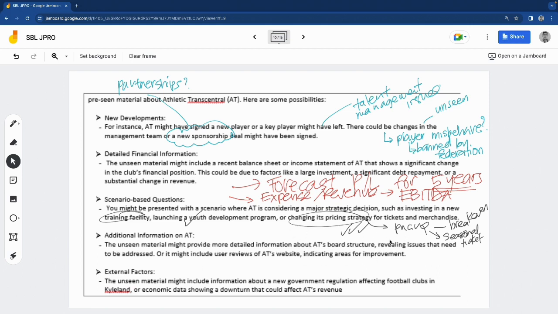They might be about board structure, revealing issues that need to be addressed. Now, I think they have already showed you the board. I don't think they're going to show you board structure. Again, the board structure has already been given. There could be issues in the board. Okay, what are the issues in the board? Well, we already know the current board. It doesn't need to comply with the listed company corporate governance requirement, but you may need to comply regulator governance. We don't know how's the regulator governance, but as we can see, currently you might have an argument